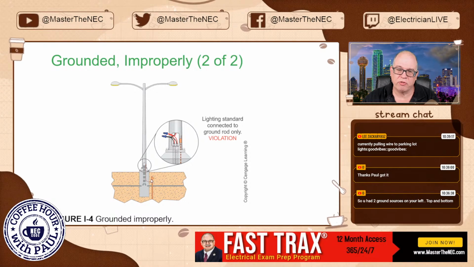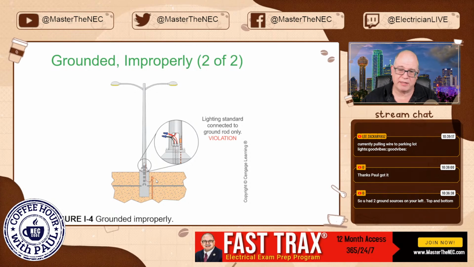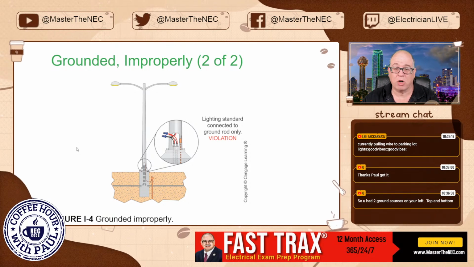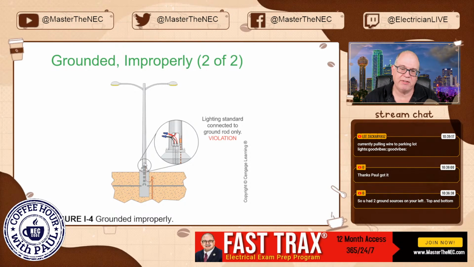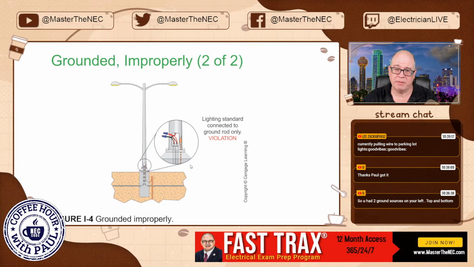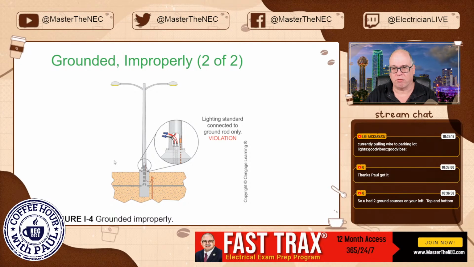Nothing in the code tells you the size of this conductor that goes down to it. You do whatever size you want because this would be an auxiliary type of electrode. It's not a supplemental. It's not required. It's whatever you want if you want it. But it cannot take the place of the requirement for an equipment grounding conductor. So this would be a very wrong installation. And quick math will tell you why it's wrong.